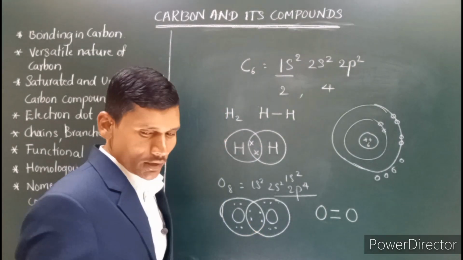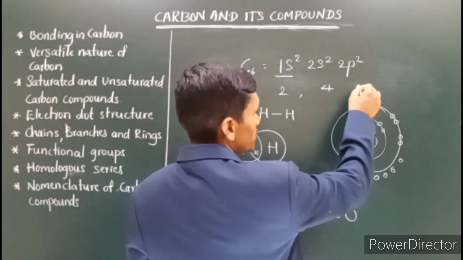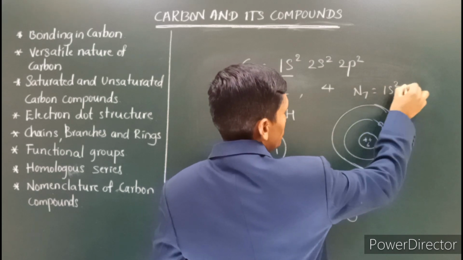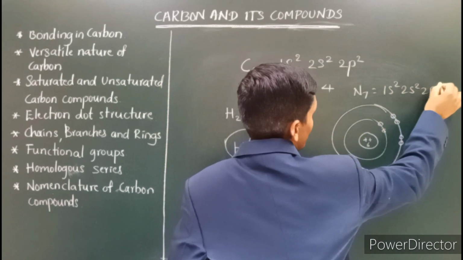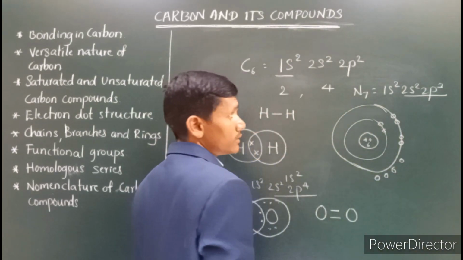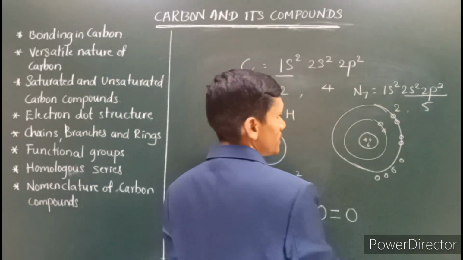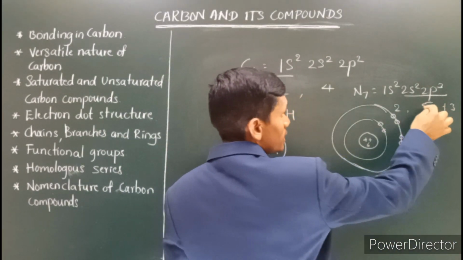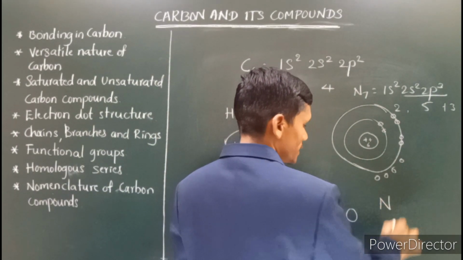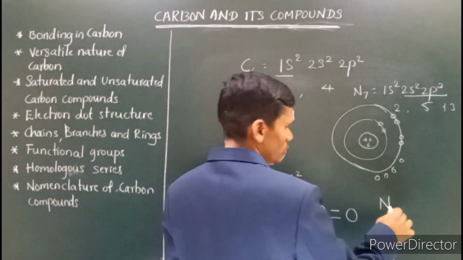Now let us try to understand how the bond formation takes place in nitrogen. If you take nitrogen, what is the electronic configuration of nitrogen? It is 7, 1s2, 2s2, 2p3. Nitrogen 7. Now in the outermost orbit, you see there are 2 plus 3, 5 electrons, right? First 2, next 5 is there. Here 3 electrons it needs to get extra, nitrogen. So if you write the nitrogen electronic configuration, only outermost orbit electrons we need to show there. So how do we show? Here